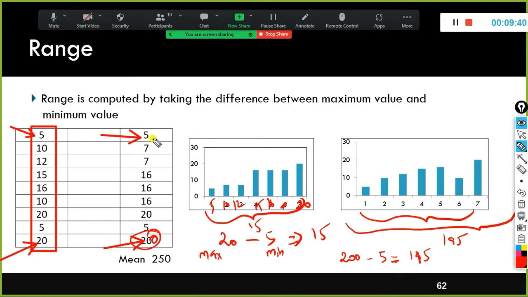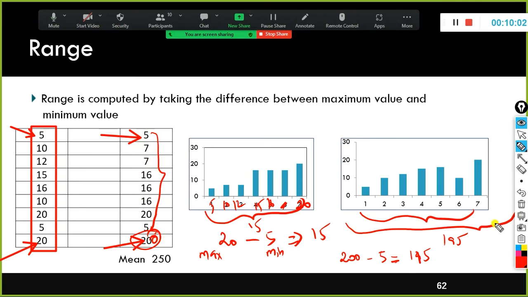Why? Because almost all the values are somewhat closer, though 5 is a little far away. When you compare 5 and 200, the distance is too high, but the rest of the values are almost closer. Just because I have one outlier,